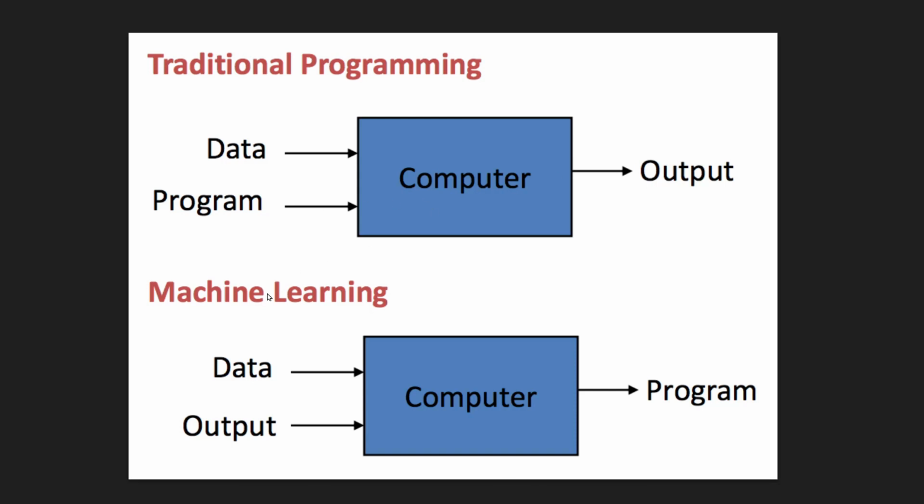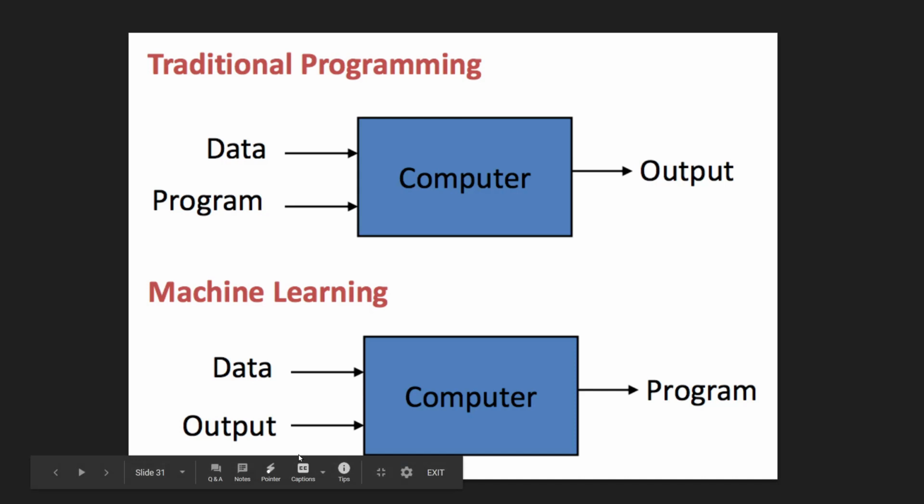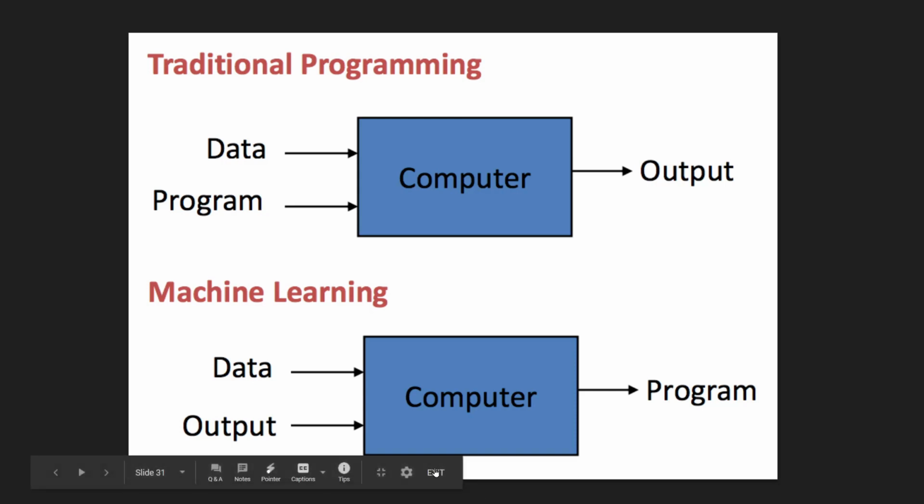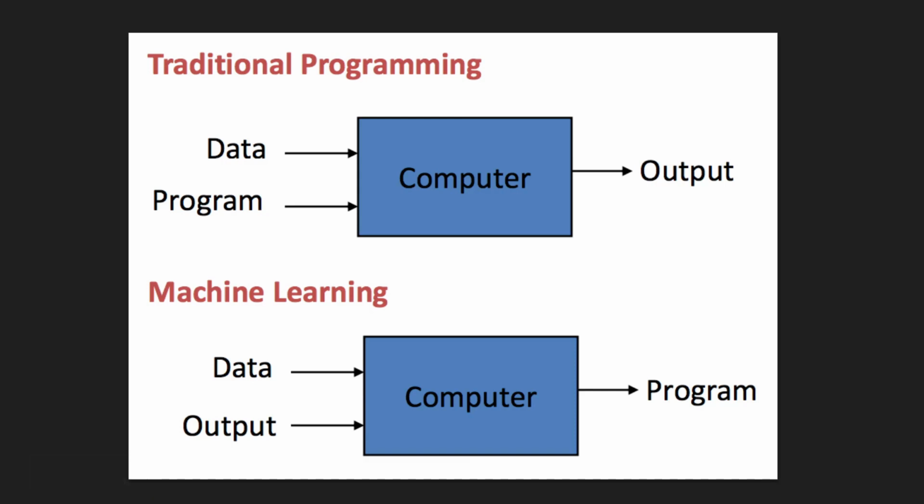In machine learning, it is a little bit reversed. We give the data as 2 and 2, and we give the output as 4, but it has to figure out the program, that it is addition. The idea in machine learning is that it will not figure it out as exactly addition. It will understand that it is similar to addition. If you give the output as 0, it will understand that it is similar to subtraction but not exactly subtraction. That is how we go in machine learning.